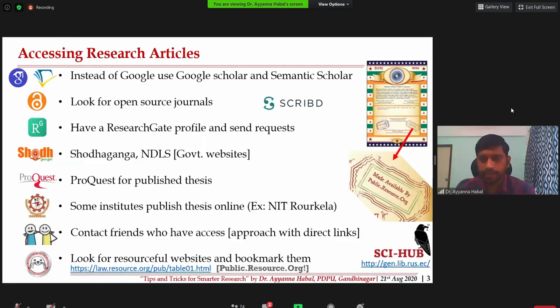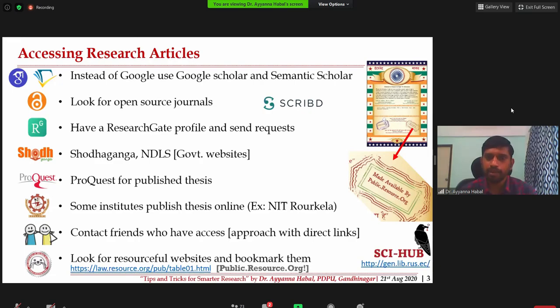See, whenever we decide to do research in a selected domain or topic, we always need published material so that we know what has been done so far and what is the scope to do further research. So for knowing these, we need to access the materials which earlier researchers have done. They might have conducted extensive research and published in various journals or theses or in any other form. So here the question is how to access these materials.